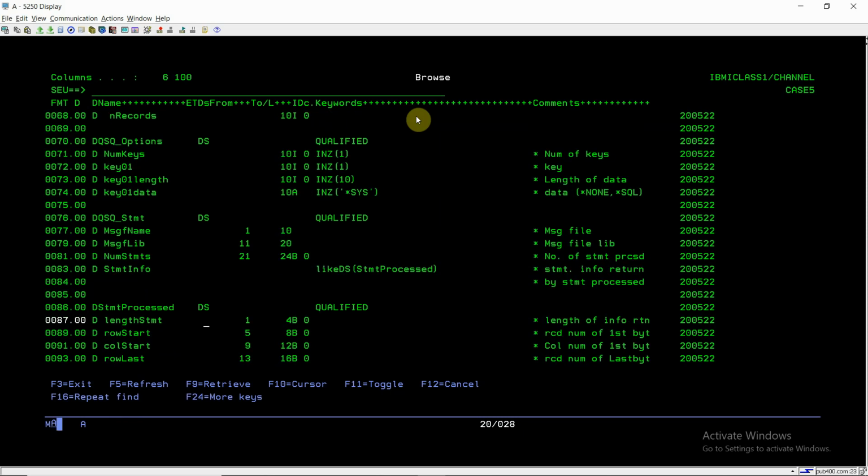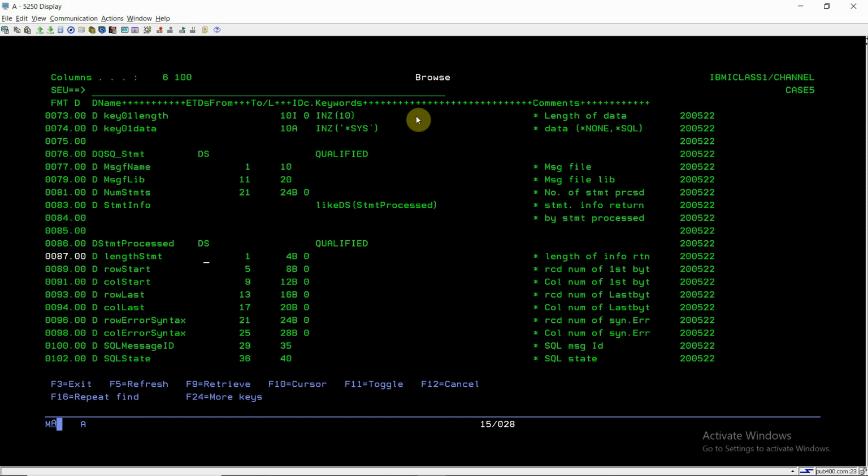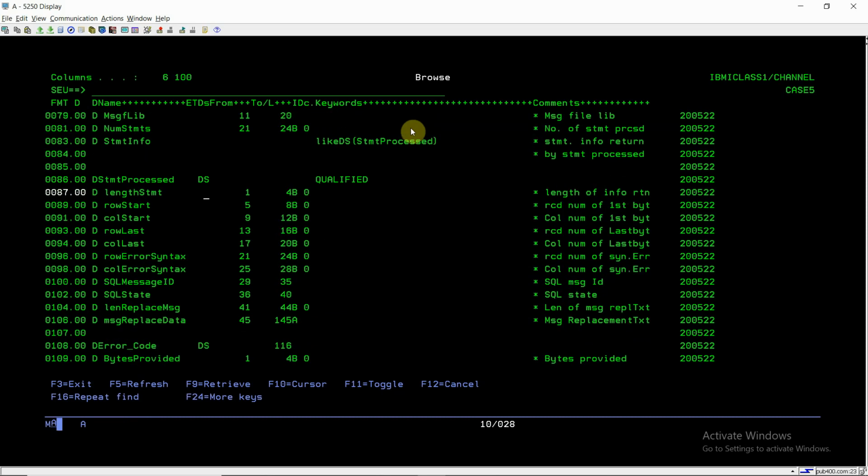QSQ statement has the subfield statement info, which is also a DS subfield, and this will be pointed to this one. Now we have the subfields: length of statement, length of info returned, row number of first byte, column number of first byte, row number of last byte, column number of last byte, and the record number and column number of the syntax error in case any error occurs.